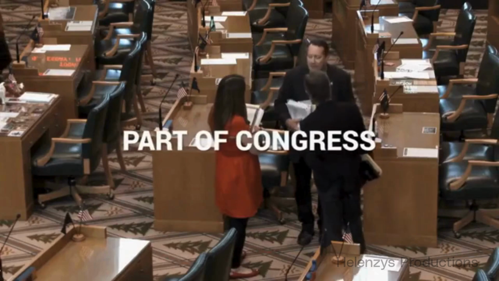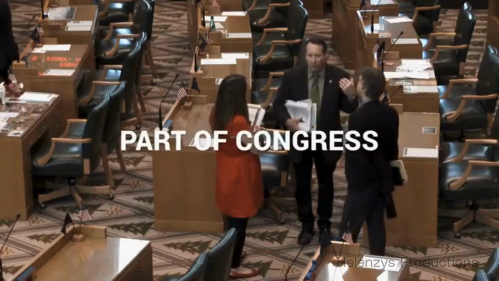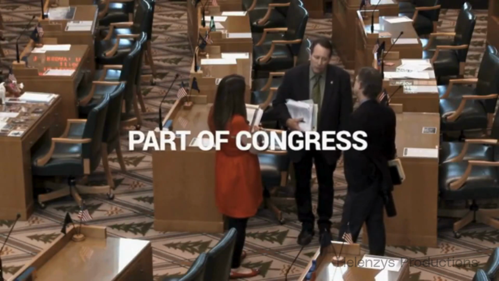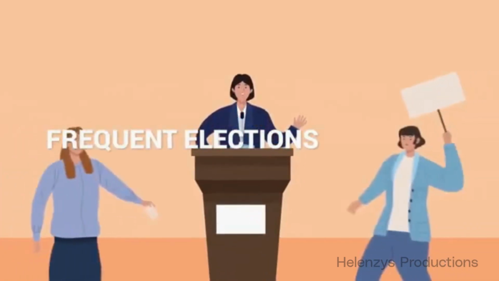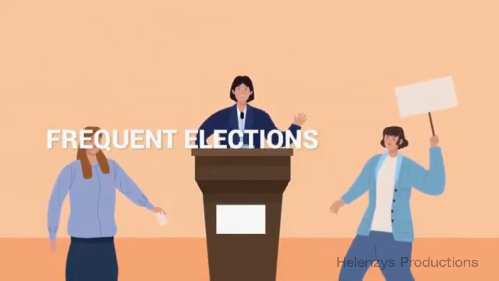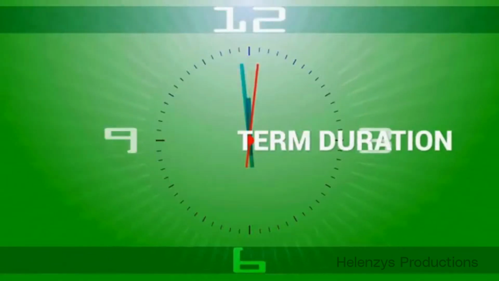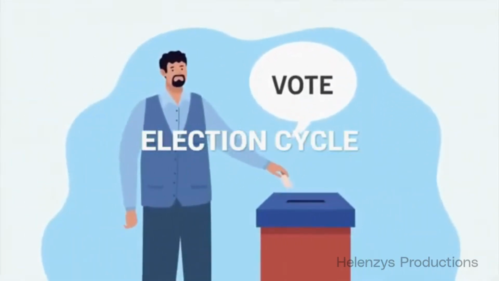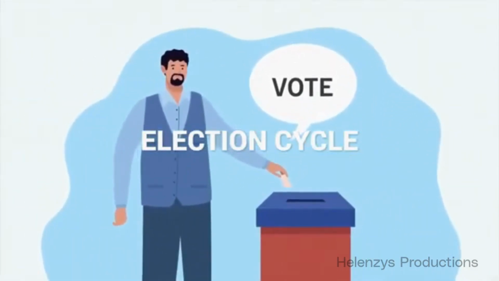How long is a term for a member of the House of Representatives? The House of Representatives is one part of Congress, and it is sometimes called the House. People in the House represent smaller areas in each state, called districts. Because they represent local communities, they run for election more often, so the people can choose again sooner. A term for a member of the House of Representatives is 2 years. That means once someone is elected to the House, they serve for 2 years, and then there is another election